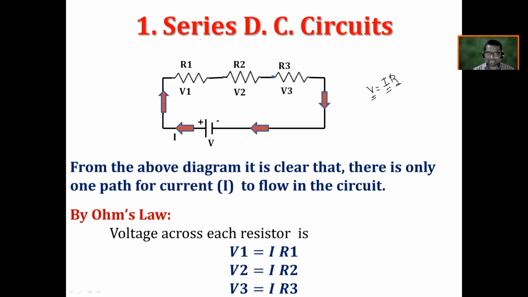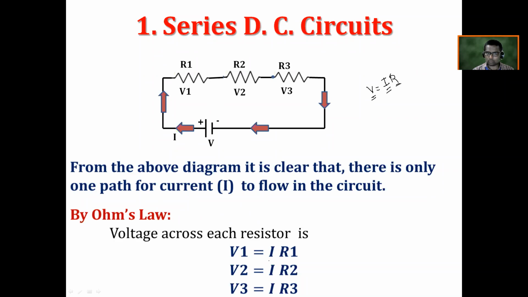That's why I say that the voltage across that resistor R1 we can calculate when we know the current flowing through that R1 and the resistance of that R1. As we know that the current is the same for all three resistances, I have not written here I1, I2 and I3. Is it right? So I can write V1 is equal to I into R1.